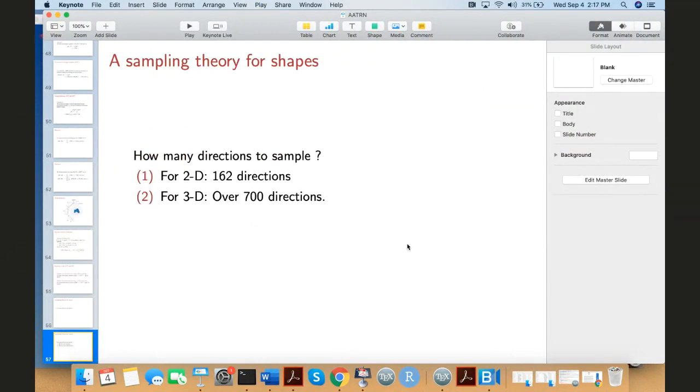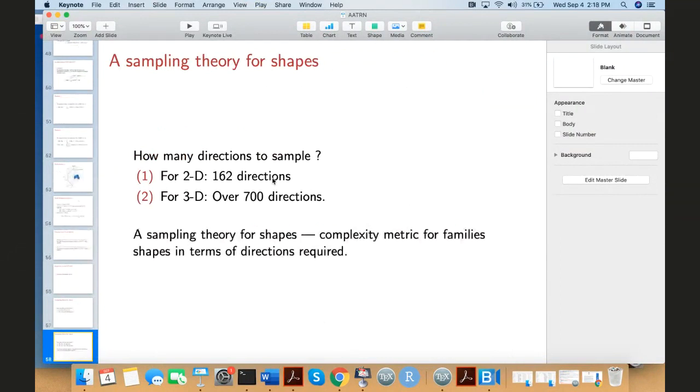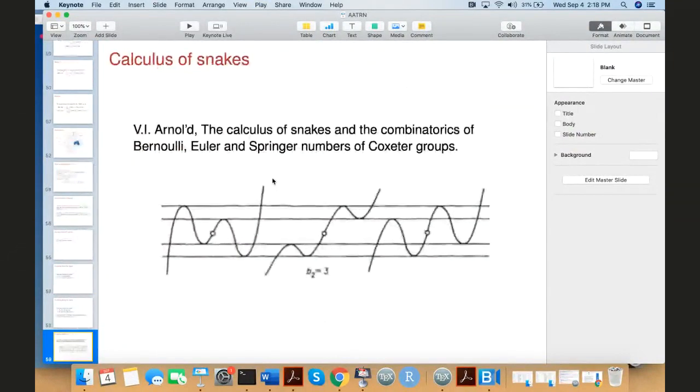So, in a paper with Kate Turner that I forgot, came out maybe 2015 or something like that, when we were doing simulations and working on real data, for 2D data we used 162 directions, and for 3D we used over 700. But one can actually ask a theoretical question: how many directions should you really have? Okay, and this is related to this beautiful paper